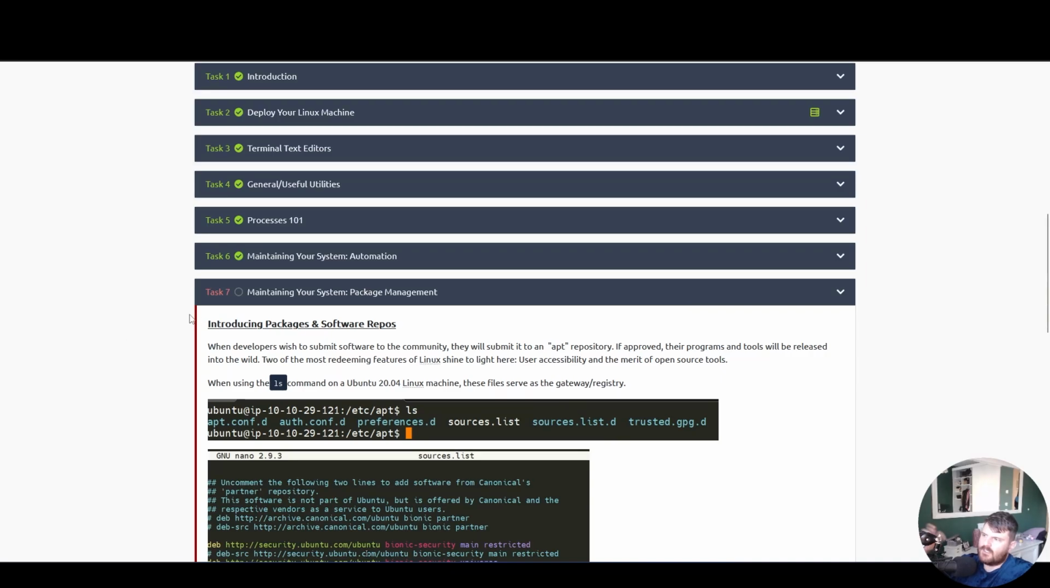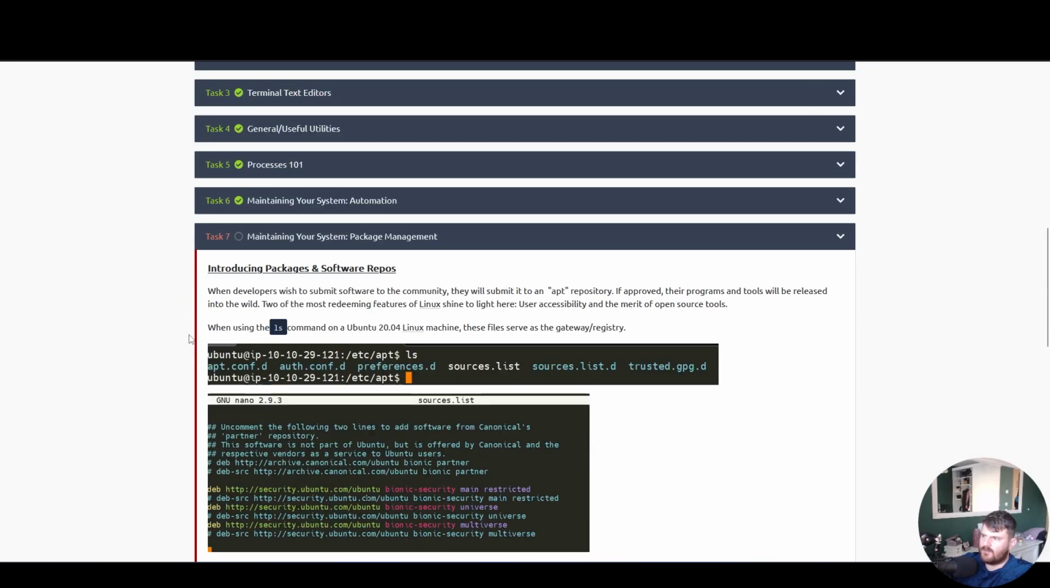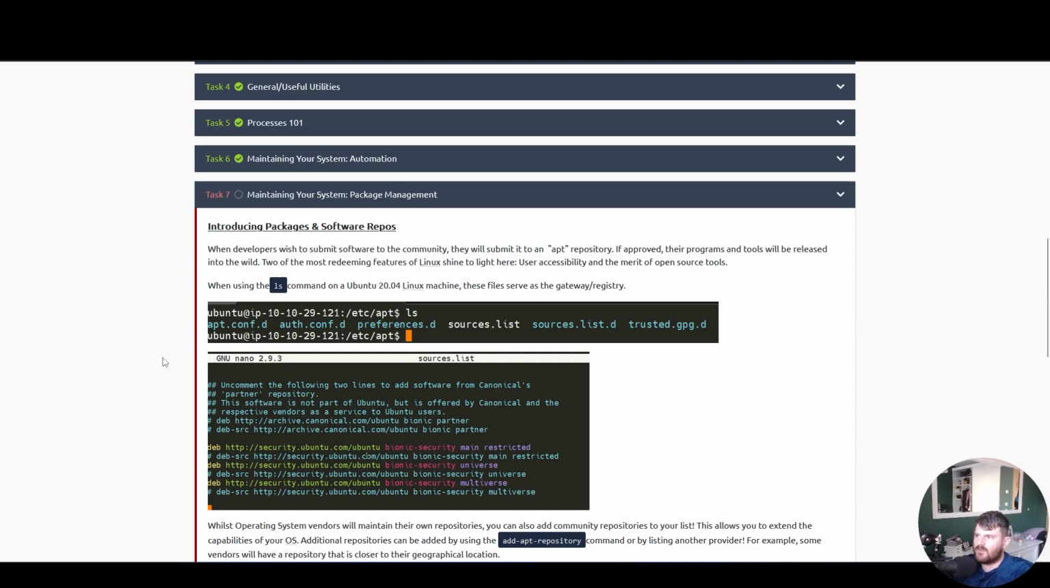For today we have task number 7 in Linux Fundamentals Part 3, maintaining your system, package management, introducing packages and software repos. When developers wish to submit software to the community, they will submit it to an apt repository. If approved, their programs and tools will be released into the wild. Two of the most redeeming features of Linux shine to light here: user accessibility and the merit of open source